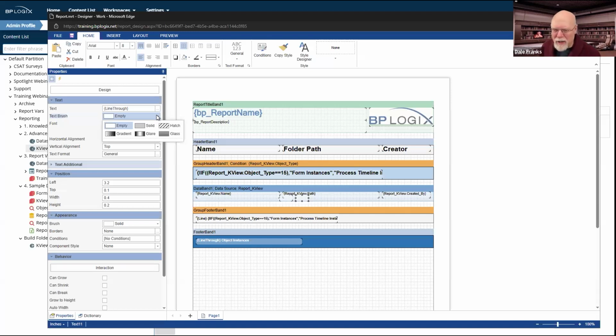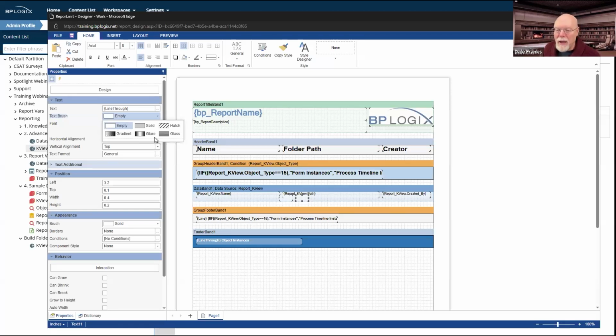It's kind of unwieldy language, it seems like to me, but empty it is. I want it to be transparent. I think that would be a better word, but it's probably too long a word to fit into this nicely formatted UI here. So my text could show up as solid, as a hatch, as a gradient, as a glare, as glass. I don't want any of that. I just don't want it to show up at all. So I'm going to set this text brush to empty.